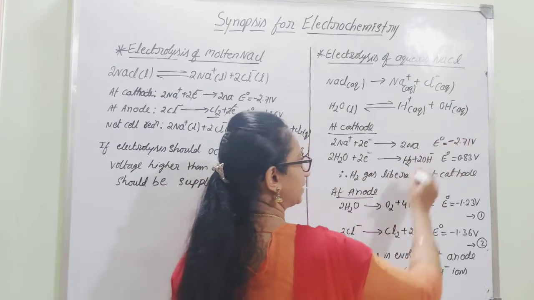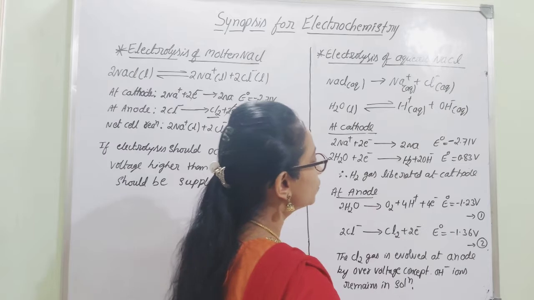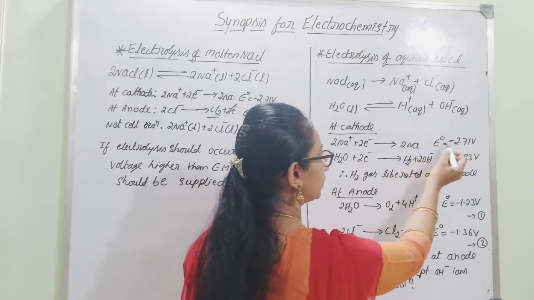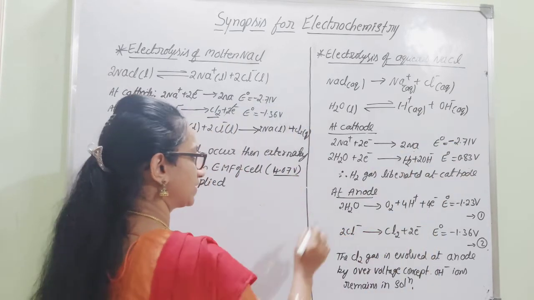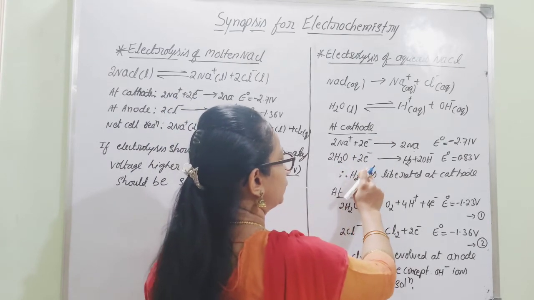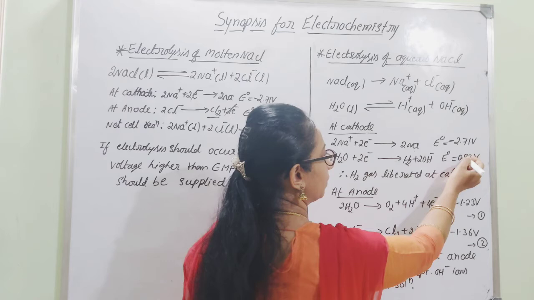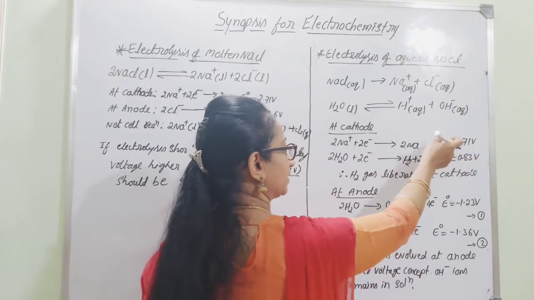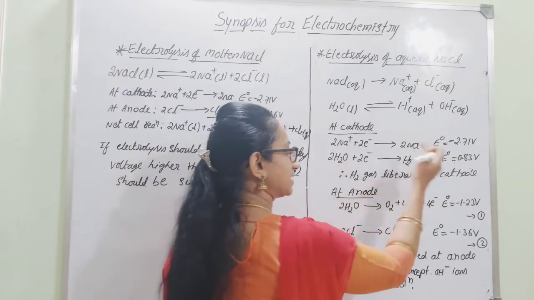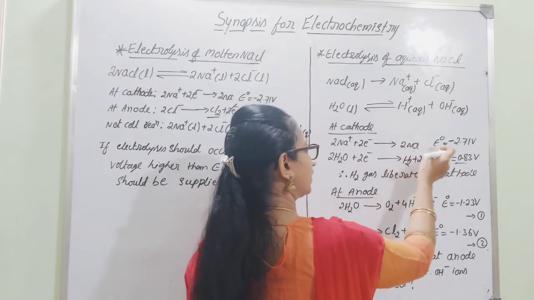As you know, reduction is very difficult for sodium ions to get converted into sodium. Therefore, Na+ converting into Na has a negative reduction potential value, minus 2.71 volts. But if we consider the H+ ions present in the water, they can get reduced to give hydrogen gas. Here the reduction potential value is positive, 0.83 volts, that is for the H+ ions embedded inside water molecules. They can easily undergo reduction because their reduction potential value is higher than that of Na+ converting into Na.